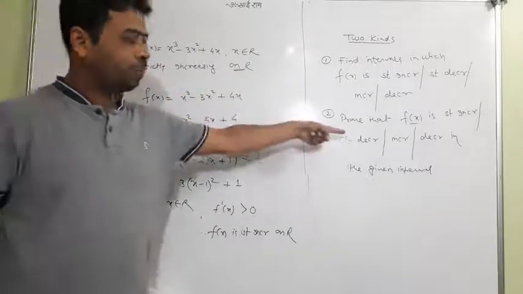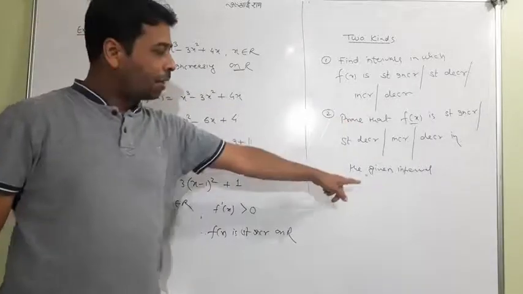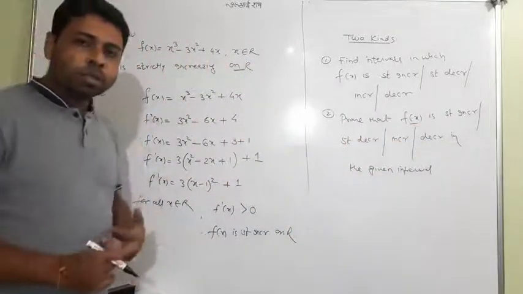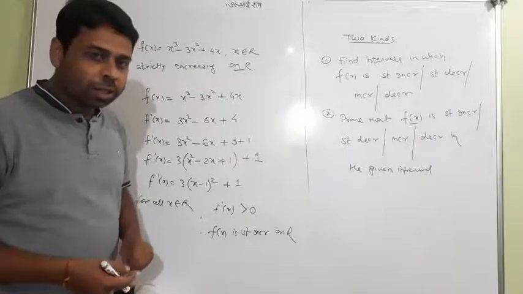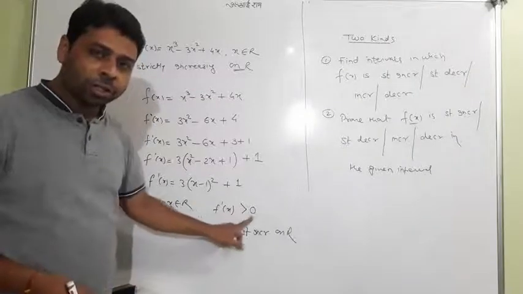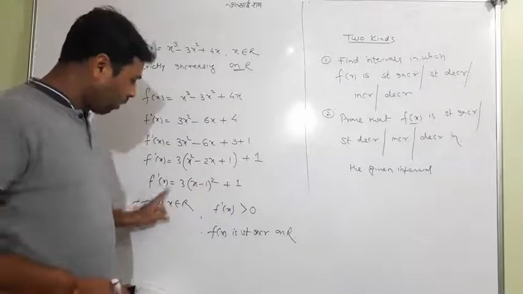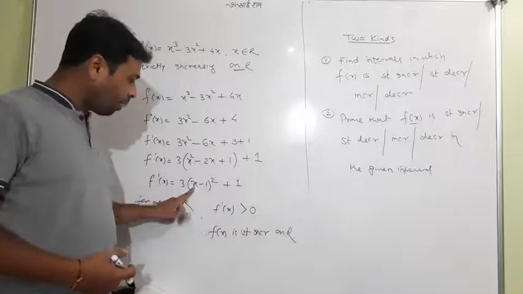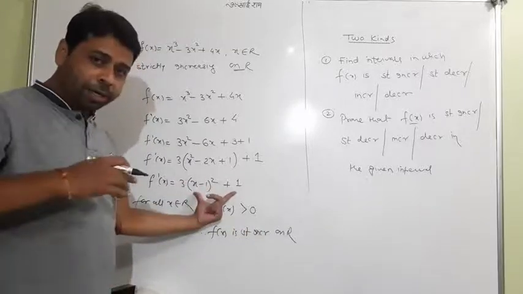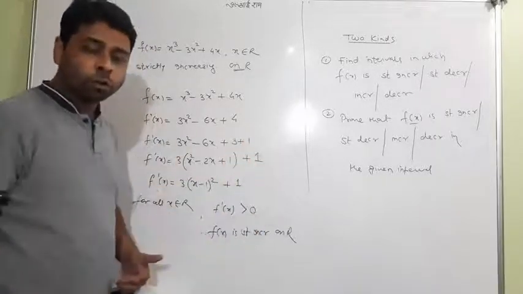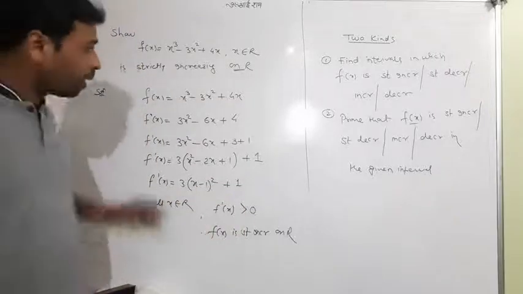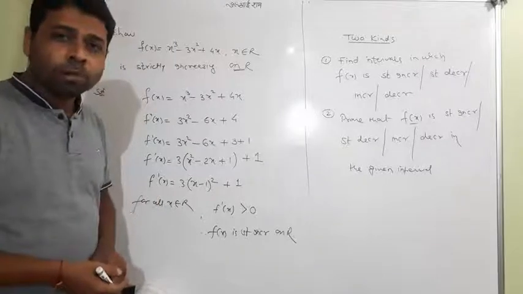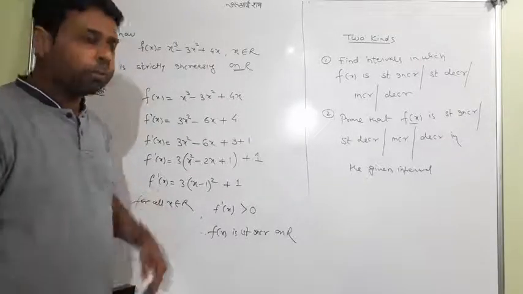This is the second kind of question, where we have to show that a function is strictly increasing. Students, how can we show a function is strictly increasing? We just have to show f dash is greater than 0. So this was only the result of f dash x. Whatever value of x we put, the answer is never 0 but always greater than 0, meaning it is positive. I think that is enough. Listen to the video two or three times, and you will get it soon.